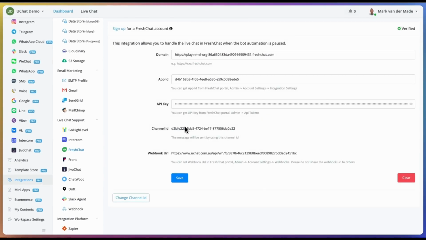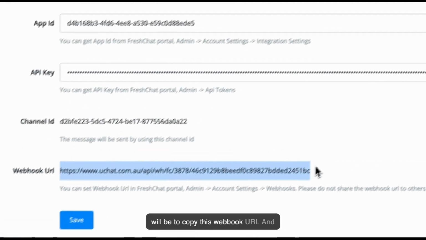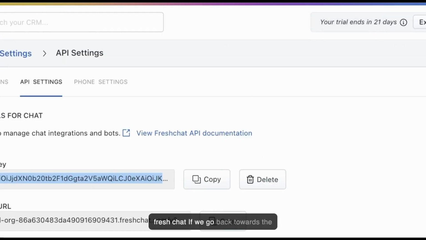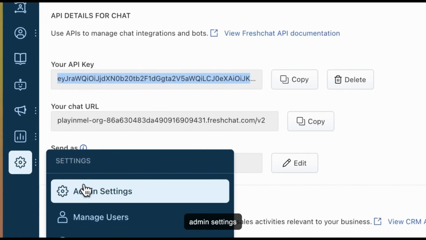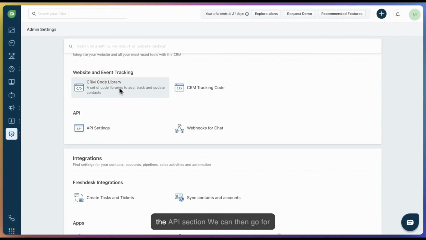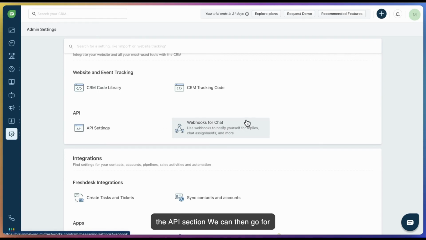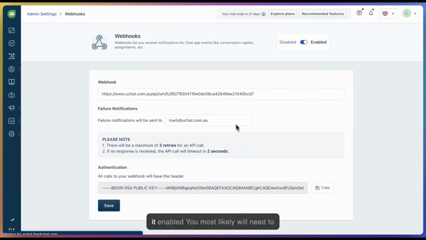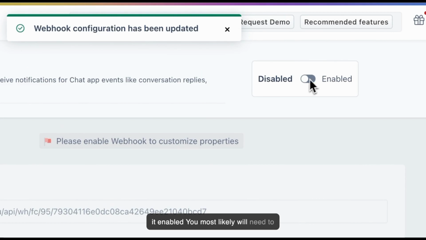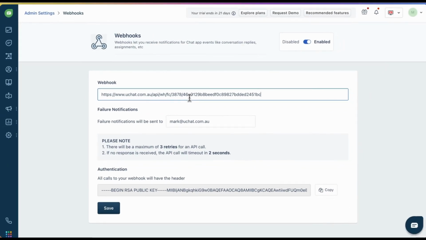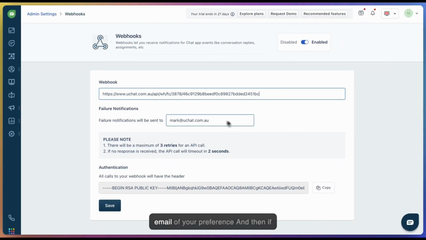There we go. The last section will be to copy this webhook URL and put that inside the webhook settings of Freshchat. If we go back towards the admin settings, scroll down towards the API section, we can then go for webhooks for chat. From here, I already have it enabled, but you most likely will need to switch it on and input the webhook. Any failure notifications can be sent to any email of your preference. And then if we press save,